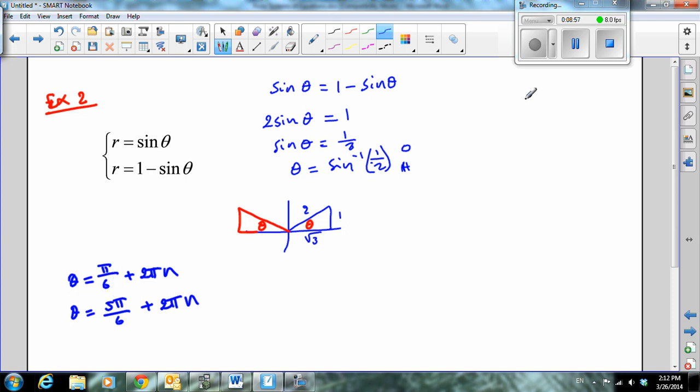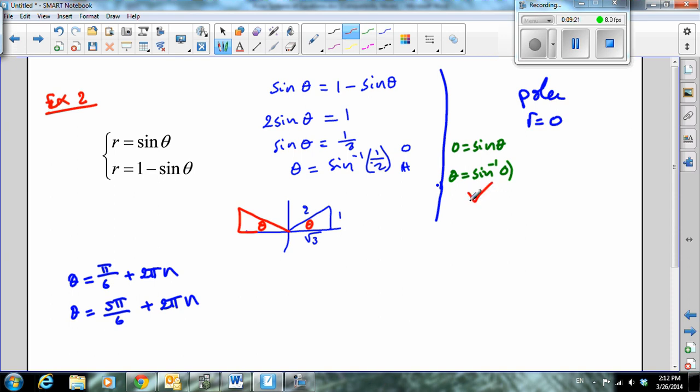So let me check first for the pole. To check for the pole, we will say r is equal to 0. So let's set it. We have two different equations. The first one I would say is 0 equals sine of theta, or theta is equal to the sine inverse of 0. Well, this is possible. Once again, my goal is not to find that specific angle, only to see if it's possible. Now, the second one will be